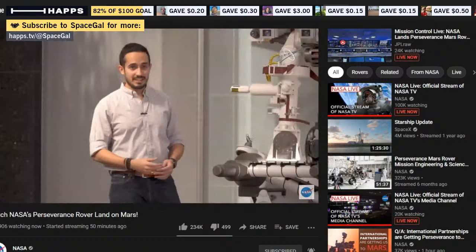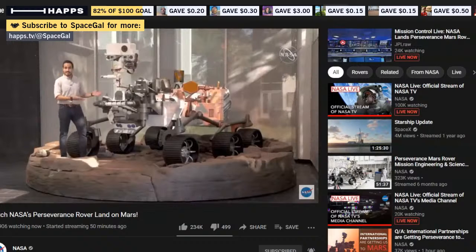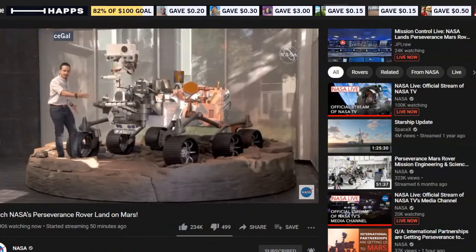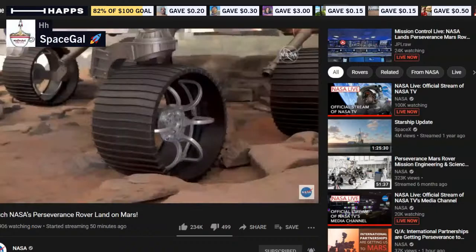Thank you, Beckett. Standing in front of the Mars 2020 Perseverance scaled model. As you can tell, this vehicle is about the size of a Mini Cooper. These wheels are obviously black here, and they look like rubber, but they're